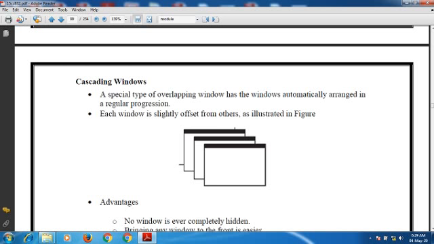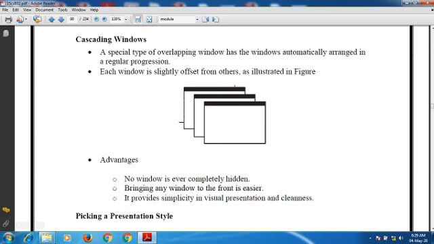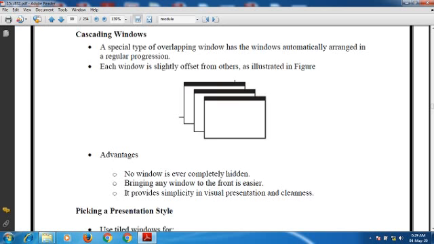The advantages here: no window is completely hidden, you can bring any window to the front easily, and it provides simplicity in visual presentation and cleanliness.